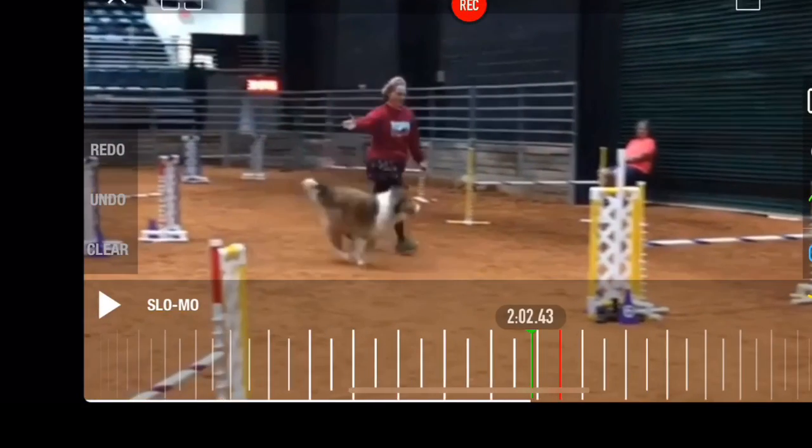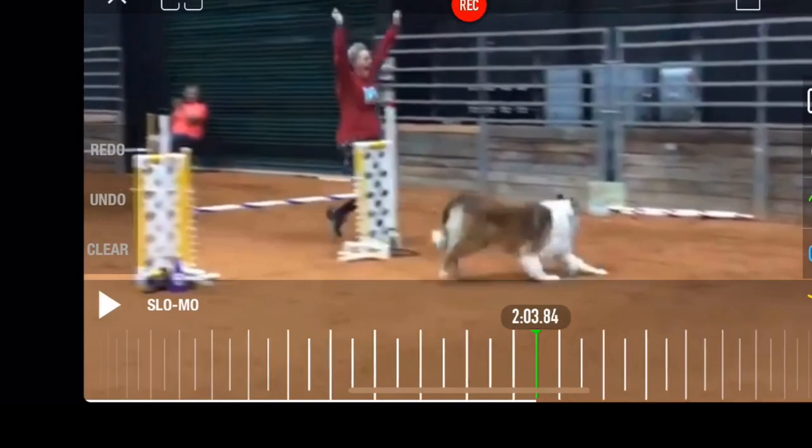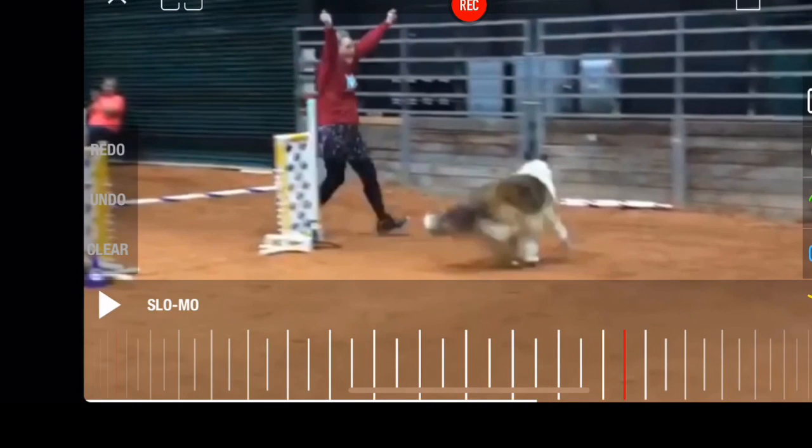And here she's just going to run it out and finish the course. So this is her great run. And the other thing was the contact obstacles. And that's why it's really important to be able to work on the contact obstacles so you don't have to